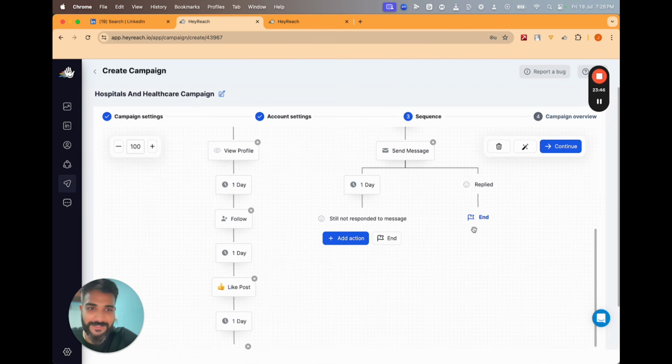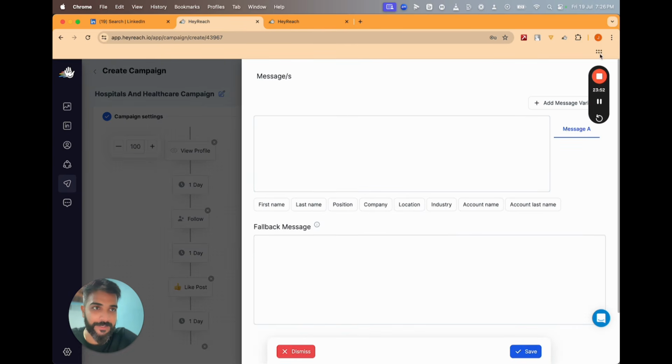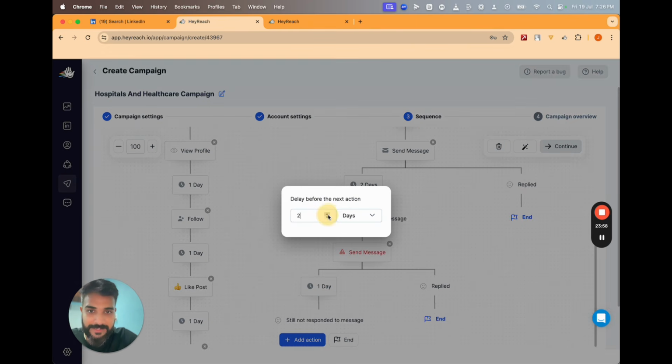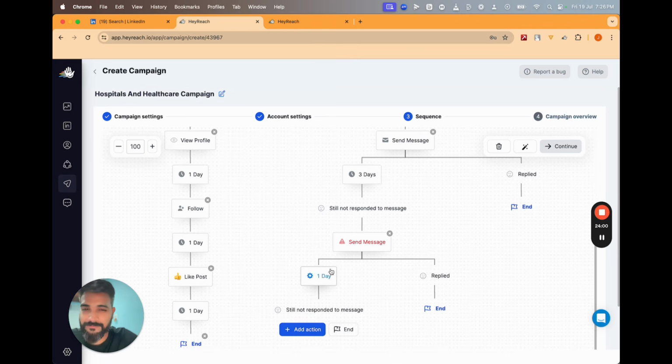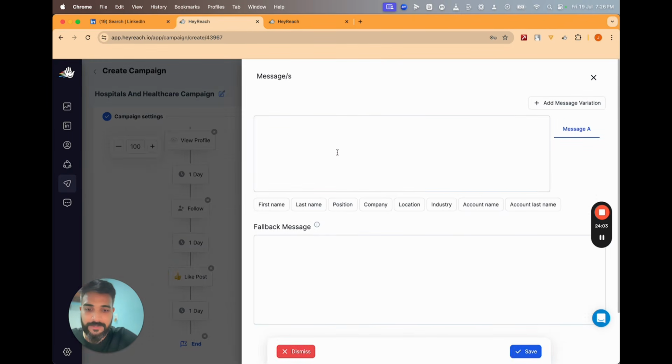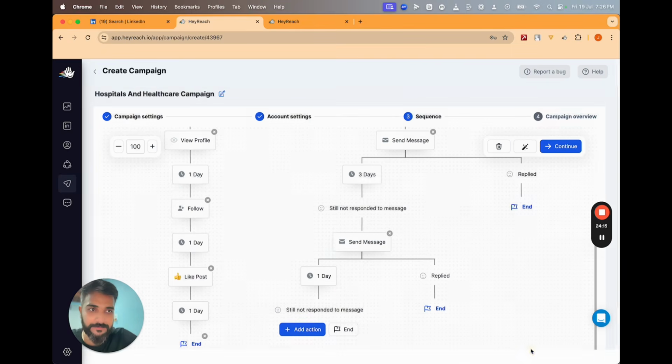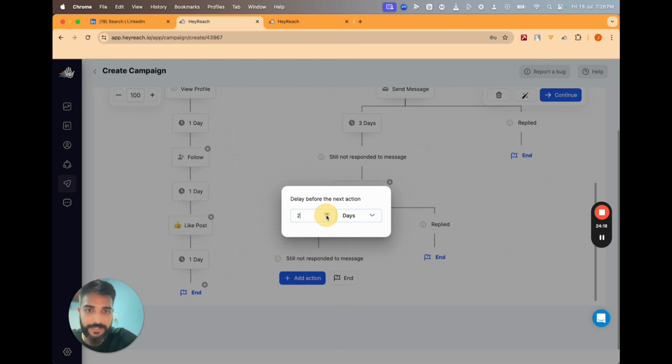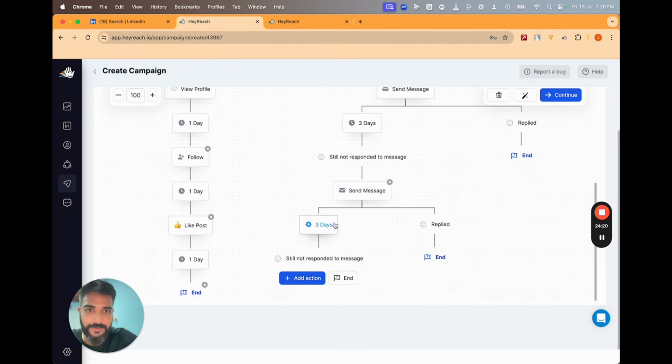Now let's click on save, and let's say they don't respond, right? We'll send one more message. Oh, by the way, if they don't respond within 3 days, so we'll add like 3 days of delay, because following up every day won't be good. First name, any thoughts on this? That's it. And here we'll write just any thoughts on this. There we go, right? Send message. This ends, and then we'll add one more.